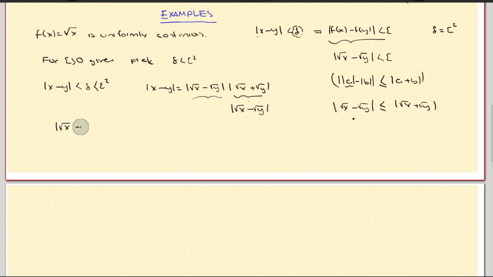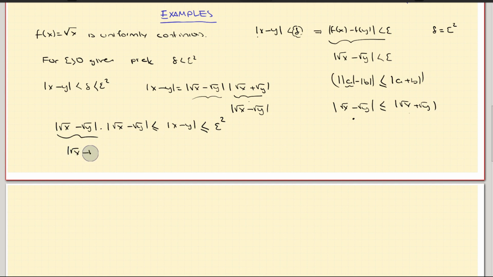The square root of x minus the square root of y times the absolute value of the square root of x minus the square root of y is less than or equal to x minus y, right? We know that, sure, because we replaced this term with a smaller one, and this will become smaller than x minus y, but we know that this is less than epsilon square, and here we have